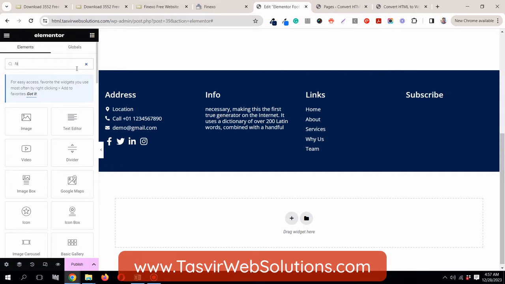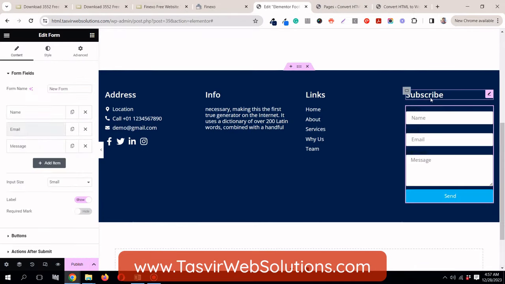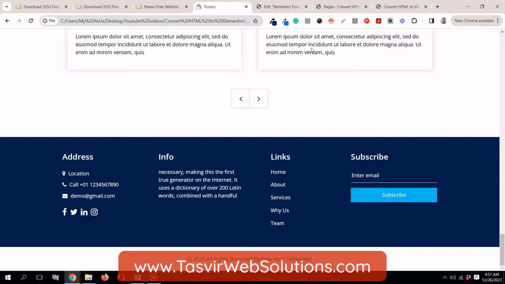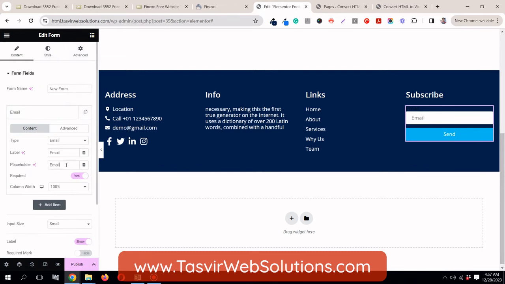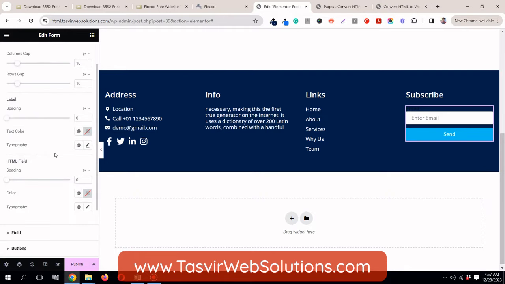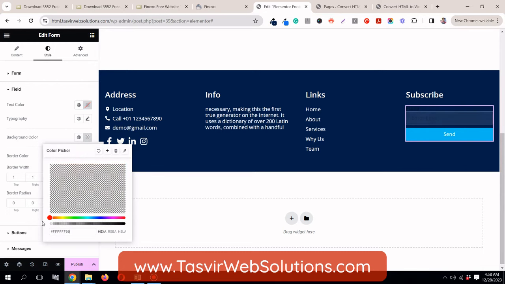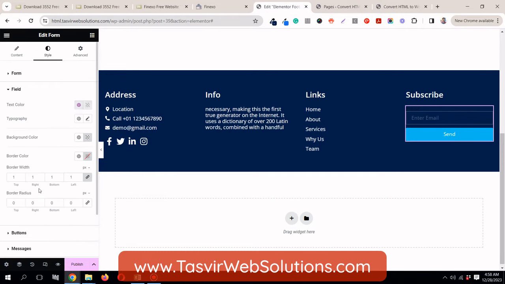Then come over here and search for the form element. Great, but we need to have only one, the email one. Let's customize this to make it similar to this. For this field, let's make the placeholder "Enter email". And the background color: let's decrease the transparency to nothing, and the text color should be white. And the border width, top should be 0,